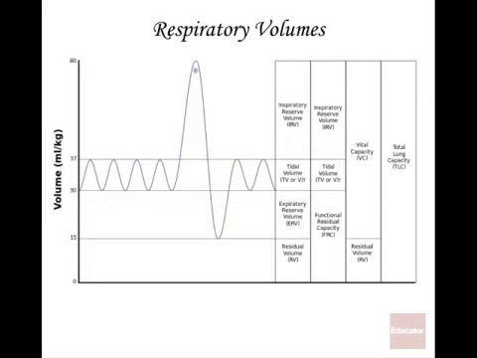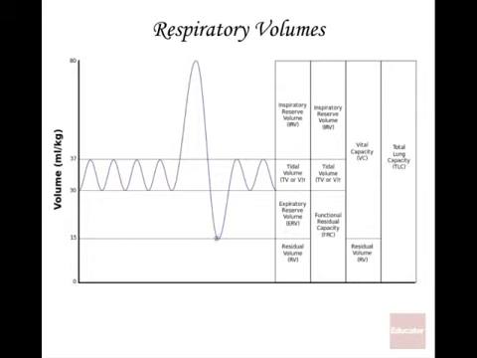So if you're taking a big breath because you're going to hold your breath or you're getting ready to do something, you're going to need to take a bigger breath there. That's known as the inspiratory reserve volume, which is the amount of volume your lungs can go past that tidal volume. And then I exhaled so much, I even exhaled past that tidal volume level and tried to exhale as much as I possibly could out of my lungs. Below the tidal volume, they call this expiratory reserve volume.